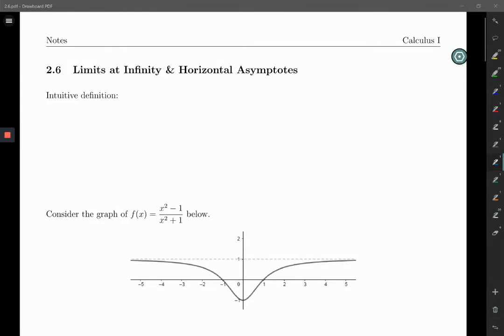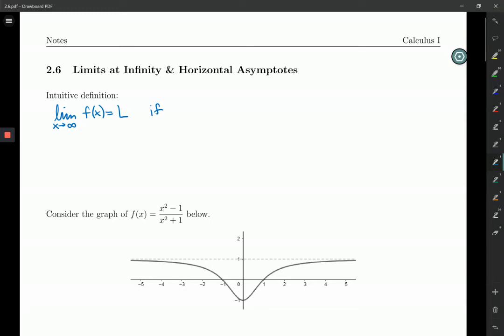Okay, so we are in section 2.6 now, and we're going to talk about limits at infinity. And so we have an intuitive definition, which is going to be similar to the one we had for limits approaching a point in the domain. So it's a little bit different, but if we have the limit as x goes to infinity of a function, if that is equal to some number L, that means that,